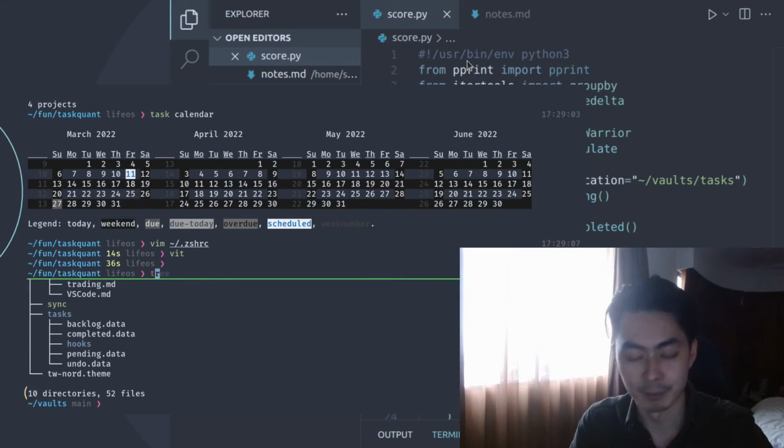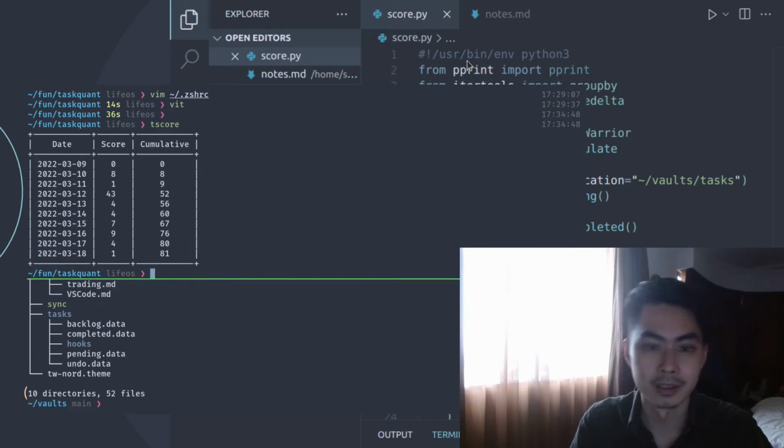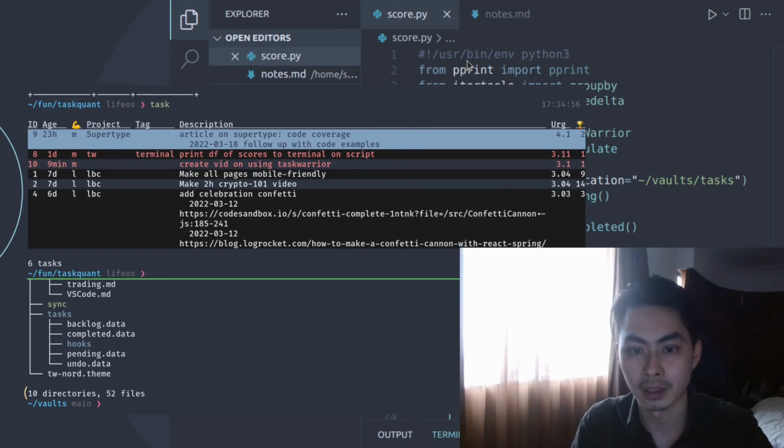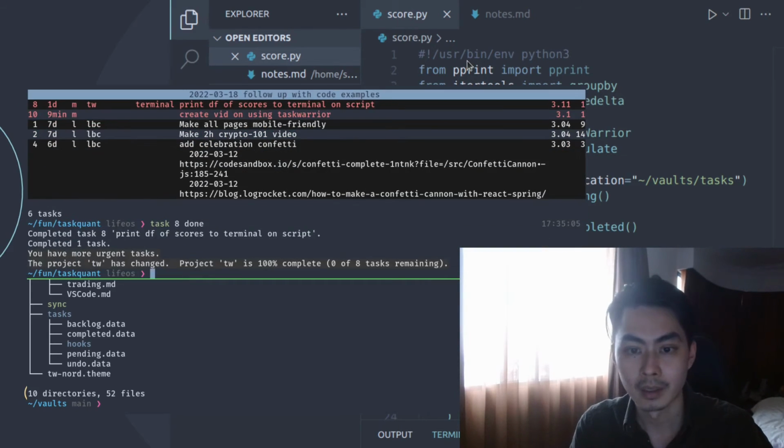Right now, if I have my score printed out, this is how it looks. Today I've not done much. I have to run a few errands, but I have one score today. So if I look at my tasks right now, and let's say I want to mark task 8 as done, I can do task 8 done, and if I look at my task project summary,